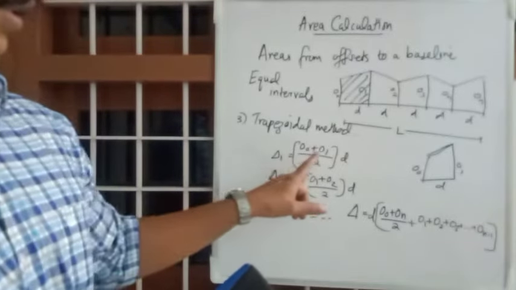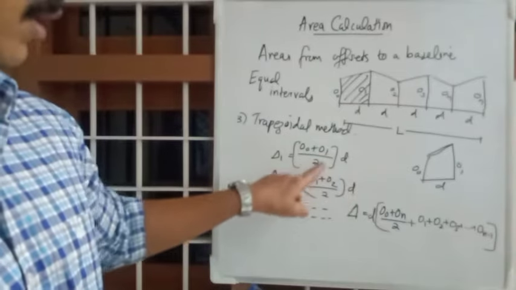Okay, so the theory behind that one is O1 will be repeating and the next one